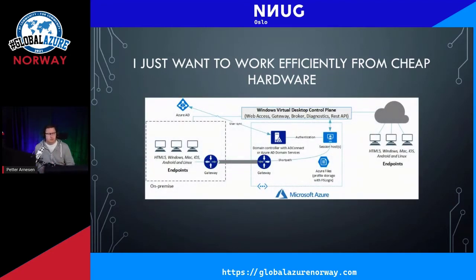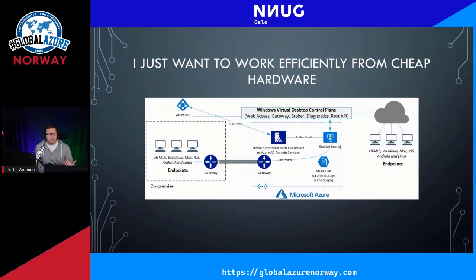And this is an example of how you might be setting up such a use case. It's a bit more advanced than the last design, and that's mainly because we are using Shortpath, preferably. As you can see, we have some endpoints on the left side, and they are using a VPN connection to Azure, so that they have a direct line of sight from the endpoint all the way to the session hosts,